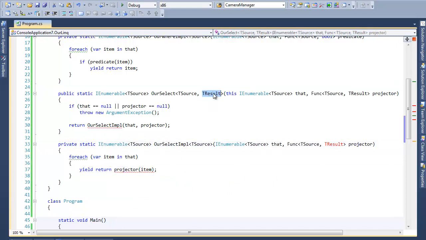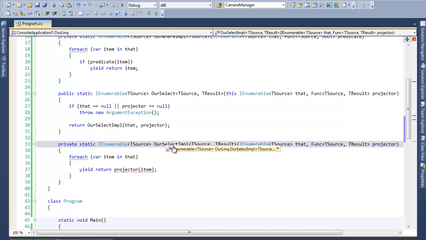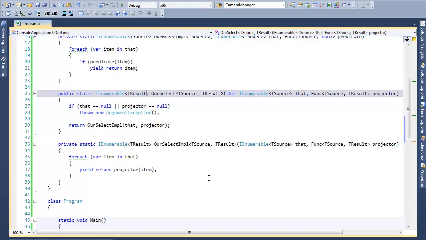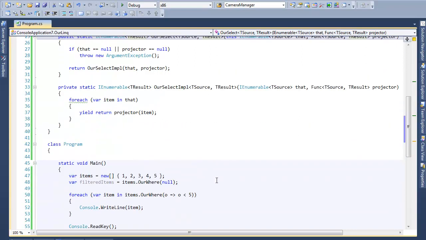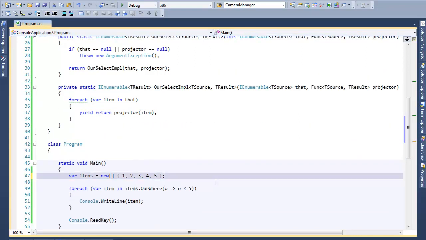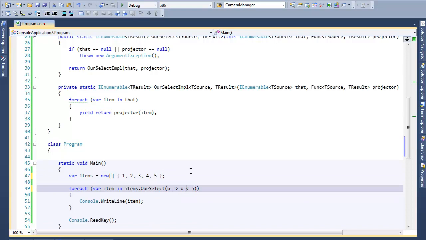And we got to add the tResult in there as well. Then we get an error because we're not returning tResult, we're returning tSource. I'll go back to that in a second, but if I were to say instead of rwhere, we do rselect, and we do O times 5,